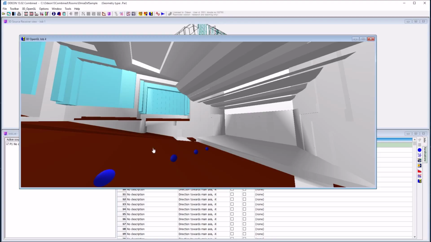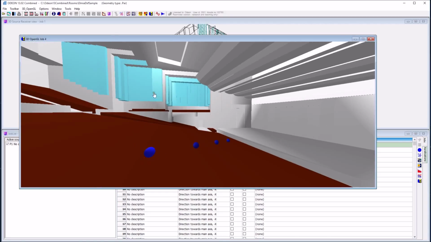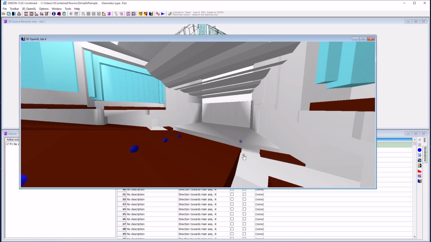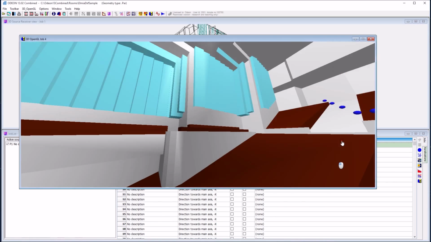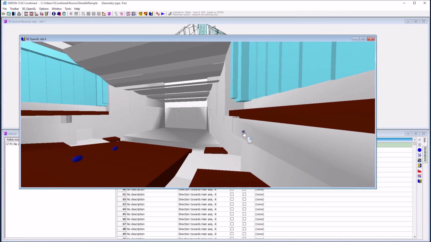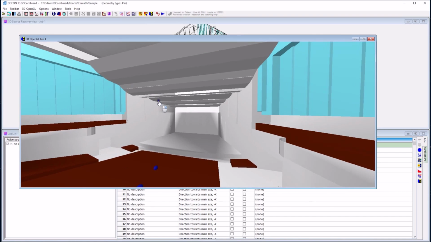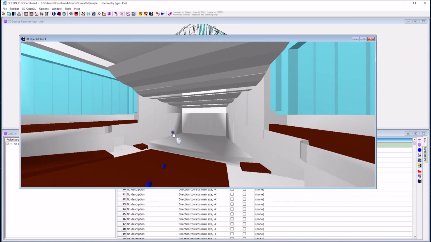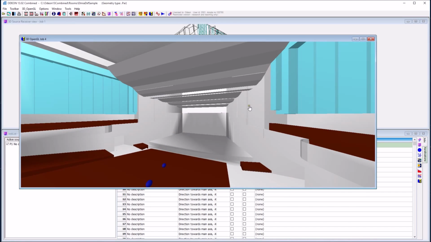So red surfaces are reflecting very well low frequencies, blue surfaces are reflecting very well high frequencies, and grayscale is neutral with respect to frequency. Black means absorbing everything, white means reflecting everything. So you get a very good overview over the different types of materials you have installed in the room, and it's also a nice way to spot if there's an error in your assignation. For example, if a surface down here had a completely unexpected color, you probably did something wrong.